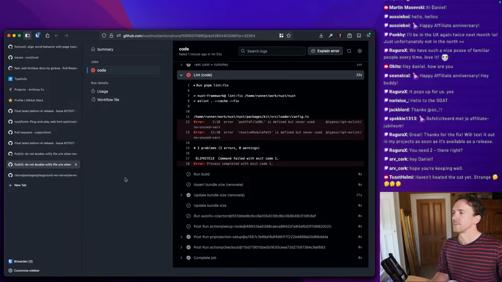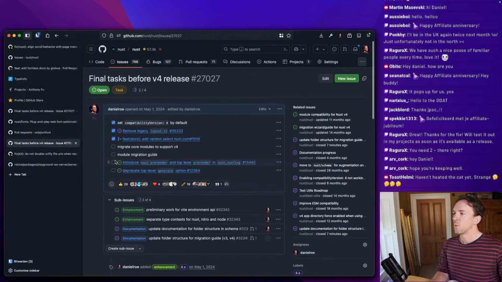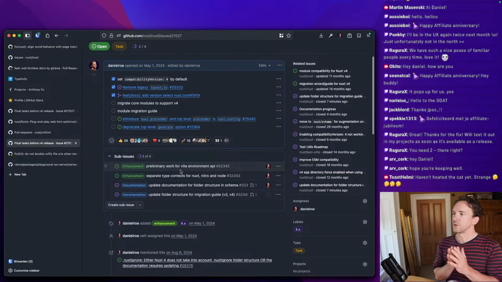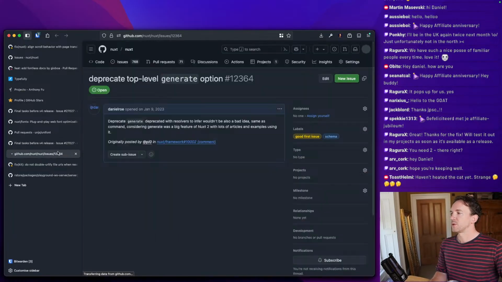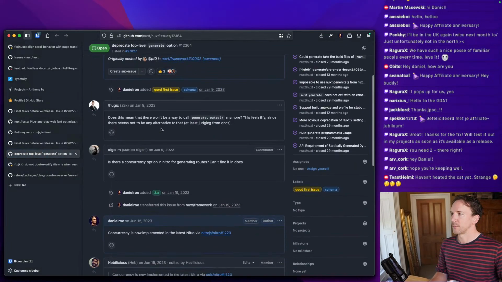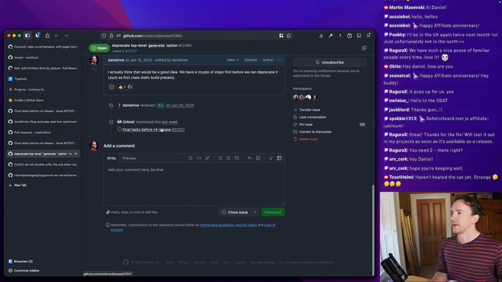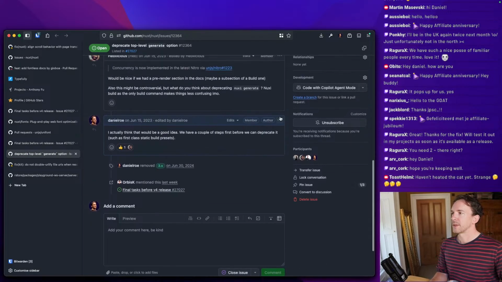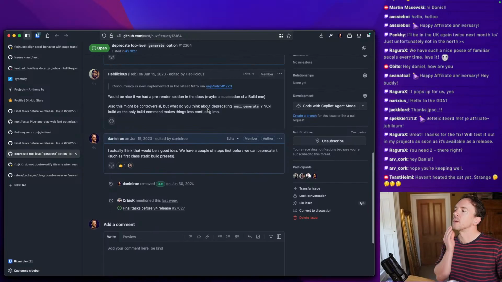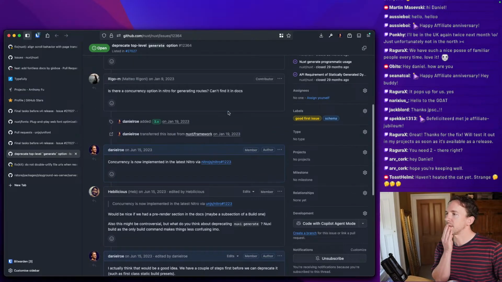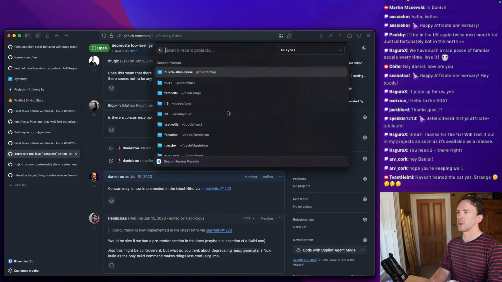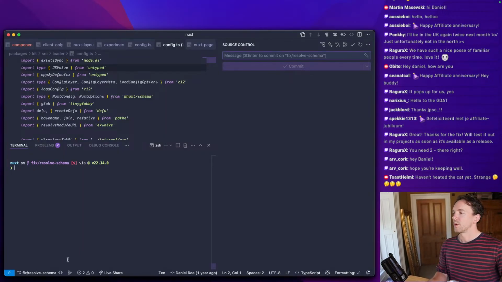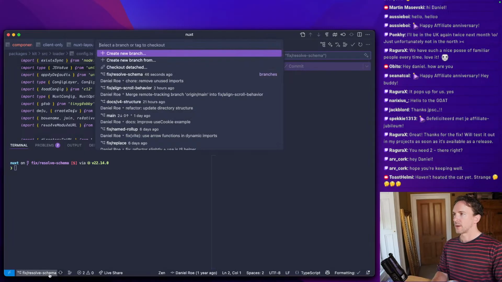So, yeah. Okay, what else do we need to do? So there's some more stuff that we can do here. So deprecate top level generate option. This is a long time ago. Yeah, that also is a thing, but we do need to deprecate this. And so there are some more things in our schema that we should change. So if we have a look at the Nuxt schema,